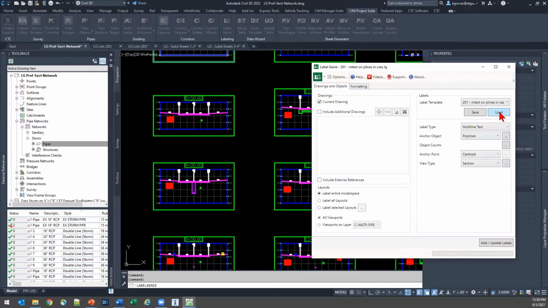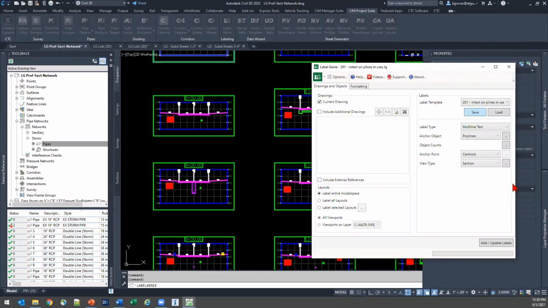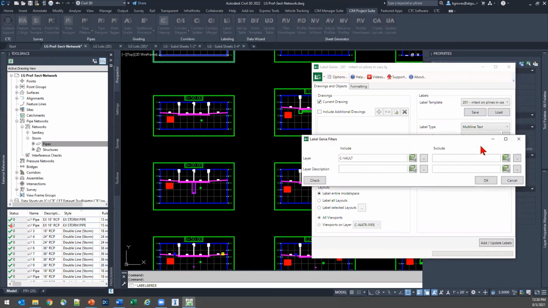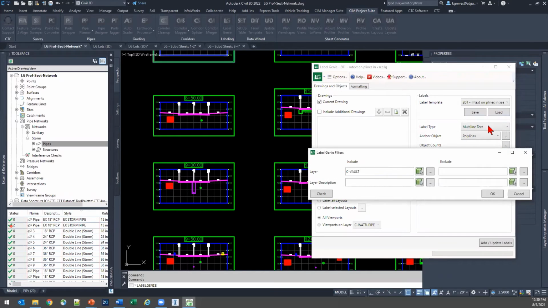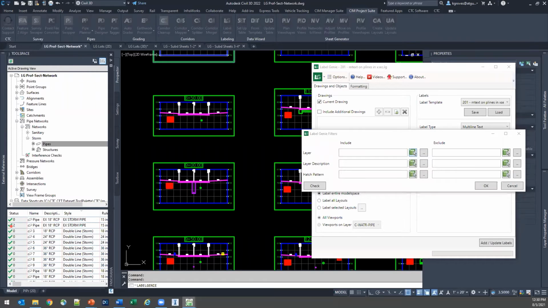I'll say load, and now all of these other settings have been applied through the tool, all the way down to my formatting and my object type and my filter criteria. So now I'm looking for mtext. I'm going to build an mtext label. I'm going to anchor it to those vault polylines, but I'm doing it in section view. You know what? I'm not going to do polylines. I'm going to do hatches because my project's a little bit different this time. For those hatches, I'm going to go through. I'm going to select